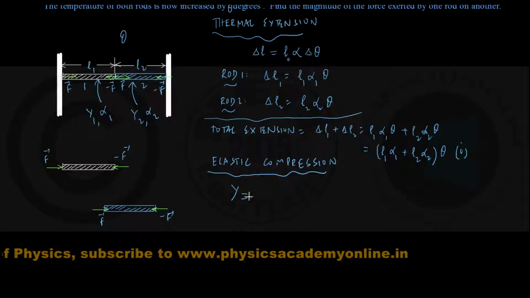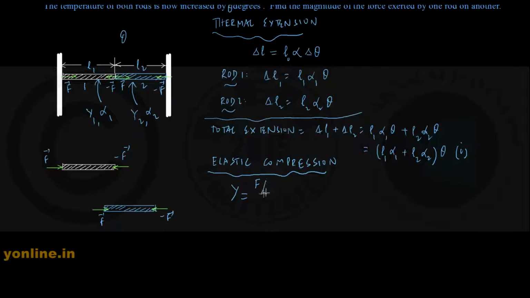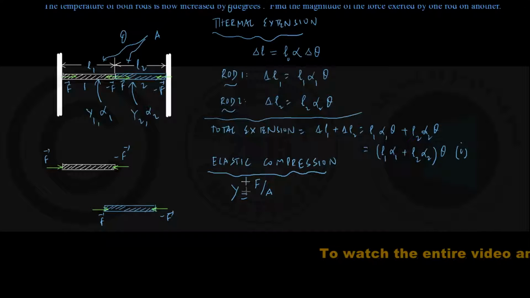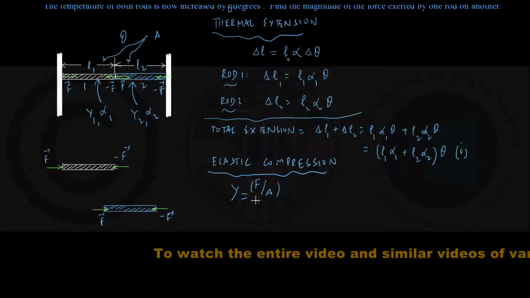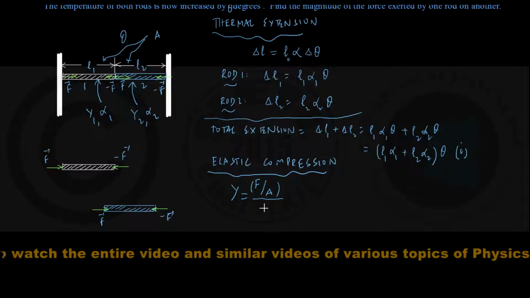Young's modulus is given by stress by strain. That is the magnitude of compressive force F divided by the cross-sectional area. One more data is given here, that for both these rods, the cross-sectional area is given to be capital A only. Okay? So, F by A is the stress, in this case compressive stress,